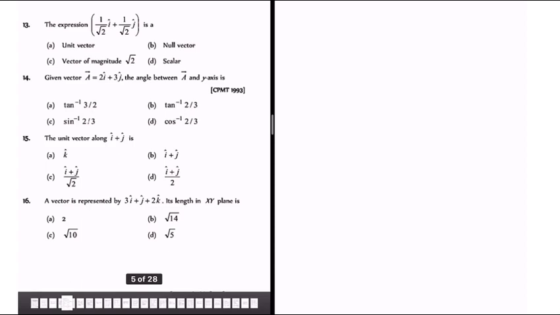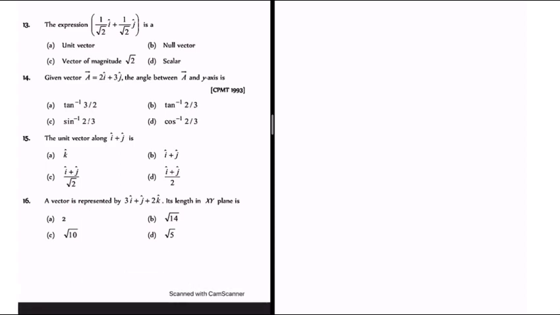The expression 1 by root 2 I cap plus 1 by root 2 j cap is dash vector: unit vector, null vector, magnitude of is root 2, scalar. Scalar